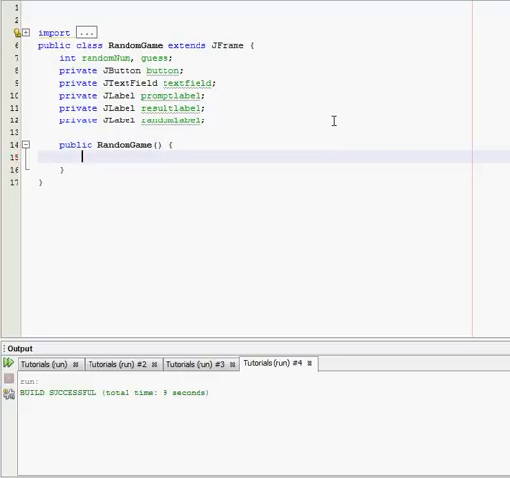Alright, now we need to set all of our stuff equal to something, except we're not going to set these integers equal to anything yet. That'll happen when we actually click the button. So I think the first thing we'll have is the prompt label, is equal to